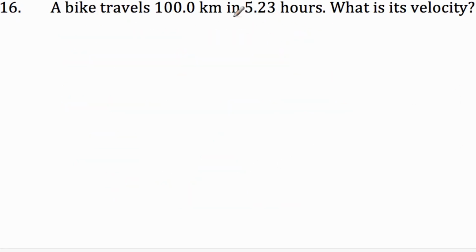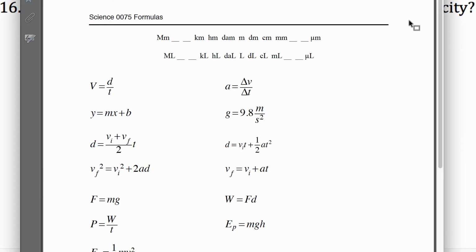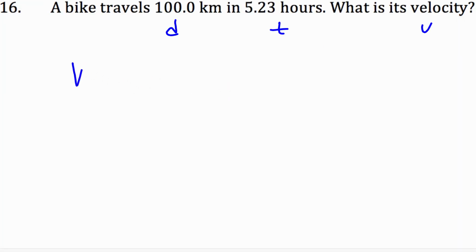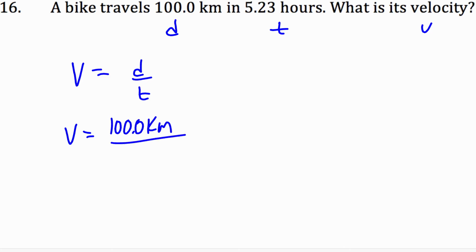Okay, now here's some formula questions. So it says a bike travels 100 kilometers, 5.23 hours. What's its velocity? So I have a distance, I have a time, I'm looking for velocity. If I look at my formula sheet, right there's a formula that has those three things in it. So I'll write the formula down. Velocity is equal to distance over time. They're looking for velocity, okay? So the distance is 100.0 kilometers divided by